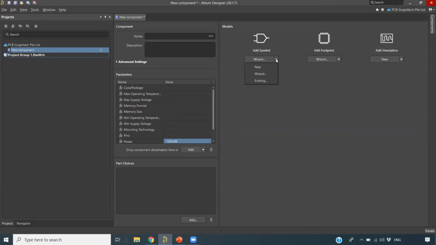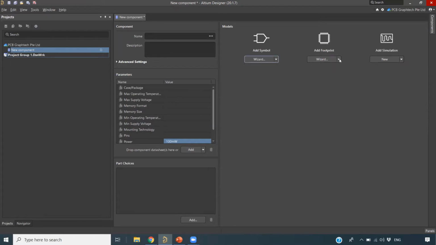When I click New, I can go to the schematic library editor to create a new symbol for my component, or I can go to the wizard and use the symbol wizard to create the symbol. Or if you have any existing symbol you want to use, you can also use it. You can choose these options.